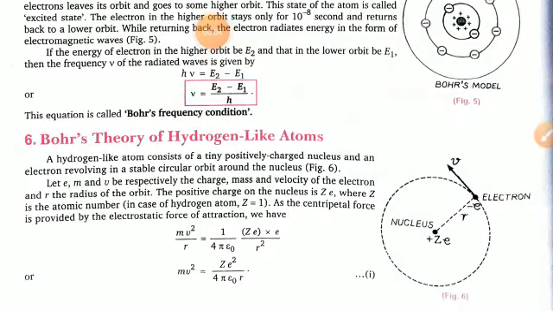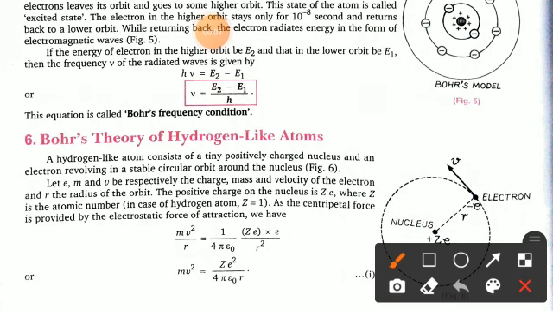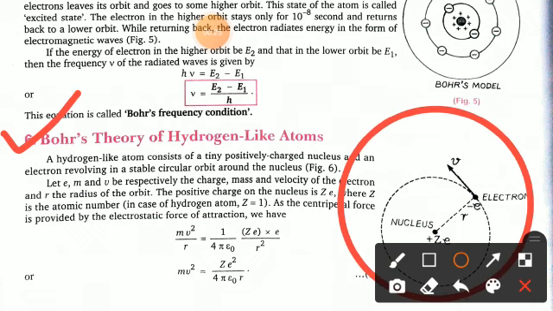And in physics, as you know very well, we were discussing a topic, atoms, which is your chapter number 26. We had covered most of its topics, and now in today's lecture we have to discuss Bohr's theory of hydrogen-like atoms. This is your lecture number 2. We had covered its previous topics in our lecture number 1. So let's start from here. Bohr's theory of hydrogen-like atoms.